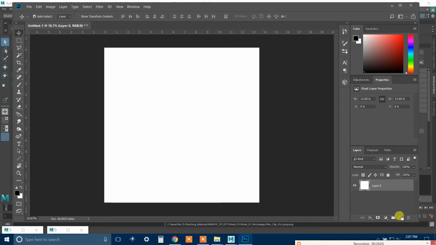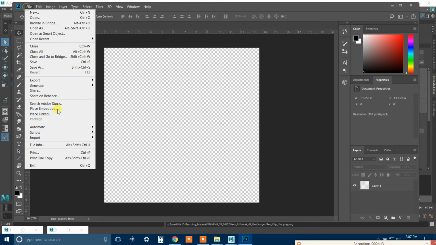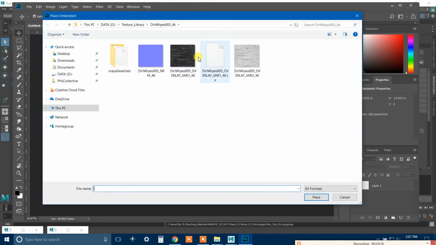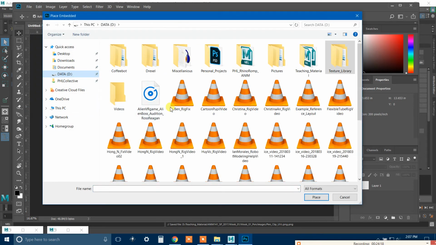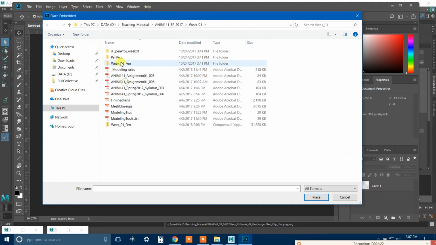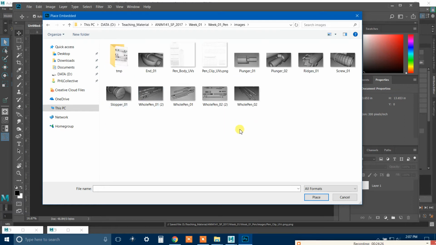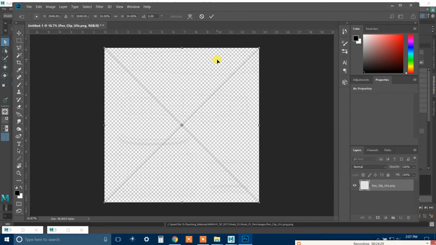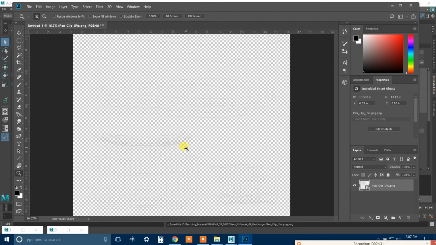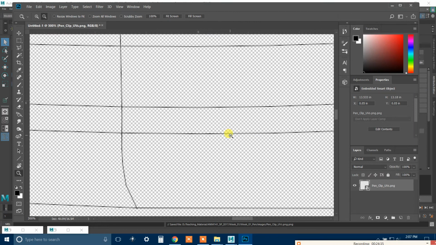Let me do this. My computer seems to be going a little slow still. And so I have this, and now I can say place embedded, and not this. Where is my image? Pen, images, and pen clip UVs. It'll be a little hard to see because this is a very large image and the lines are not that thick,